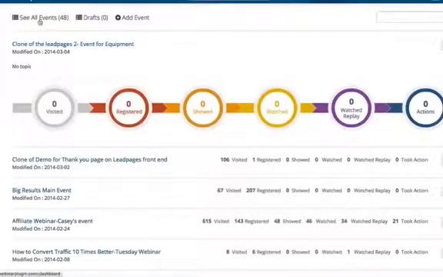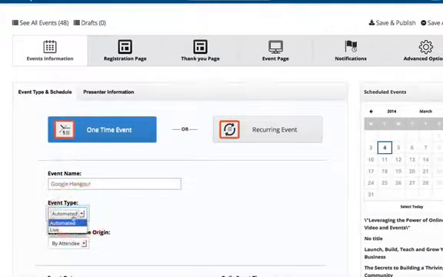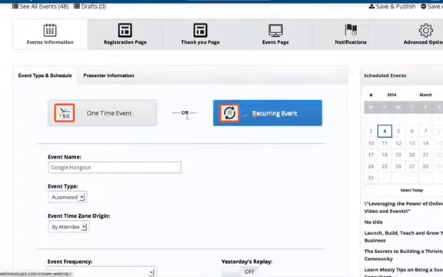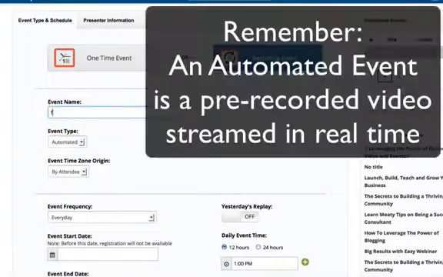So let me go in now and show you just how easy it is to create an event. You can click Add Event and go through the process essentially of deciding what kind of event you want. You see, Easy Webinar allows you to do one-time events or recurring events. And those one-time events or recurring events can be either an automated event or live event, okay? So if I chose to do an automated event, chances are I'd want to have that recurring, meaning that it happens more than one day. I'd name my event. I'm going to call this Casey's Test Event,